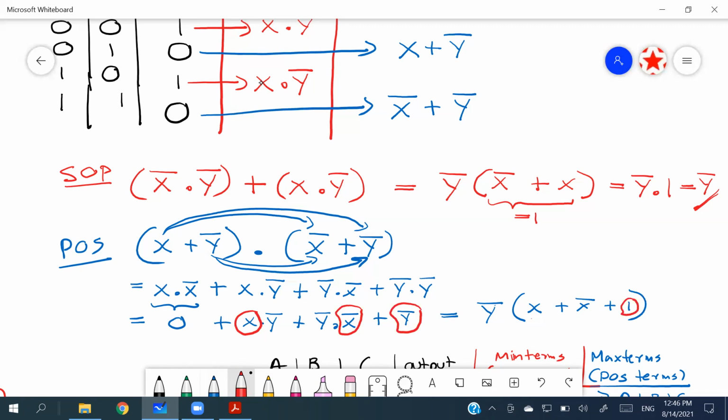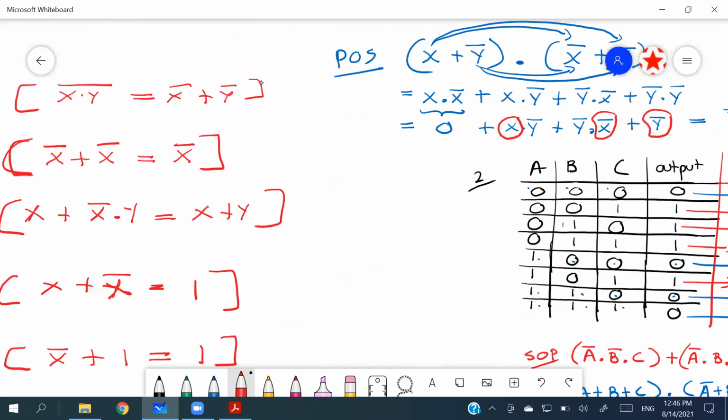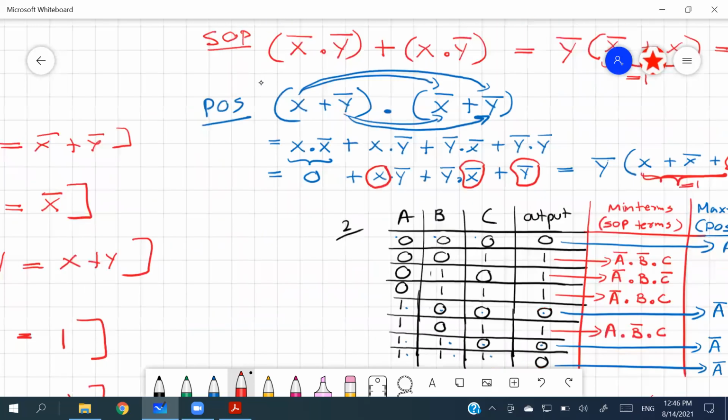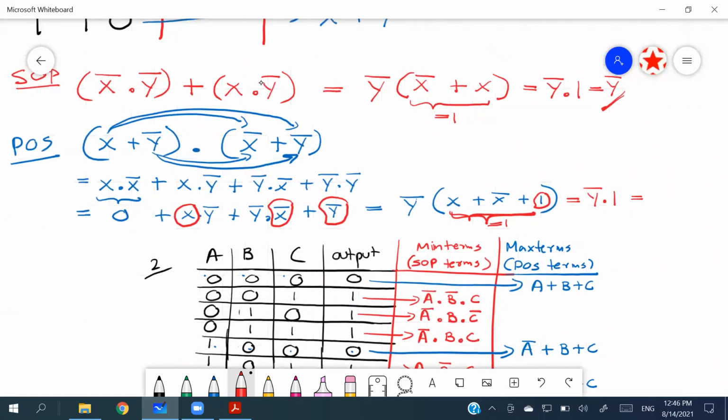So now, what's the value of these? 1 plus something will give you a 1. So this is equal to y bar dot 1. So again, what you are going to receive? It is y bar. Right? So you are going to receive y bar again. Right? So you can see